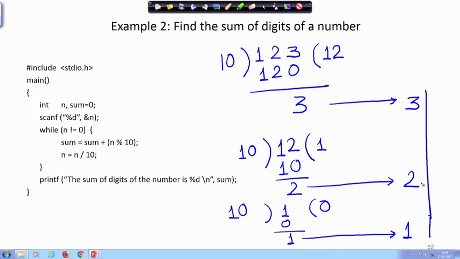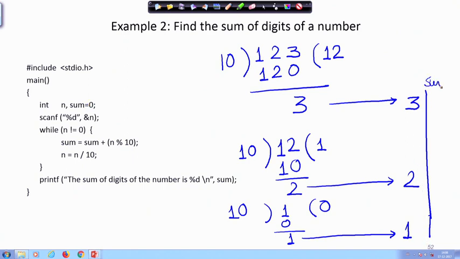So, let us keep it on the side and see what we have done in this program. I have got a number n. Now, this number that has been given initially, 123, I do not need to preserve that number. So, I can play with that, and I have to make a sum of this, right, 1, 2 and 3.